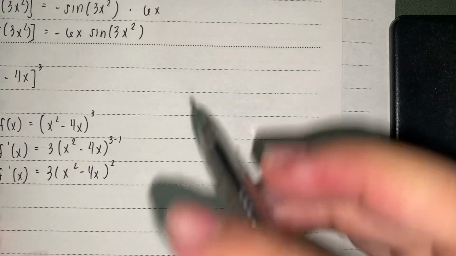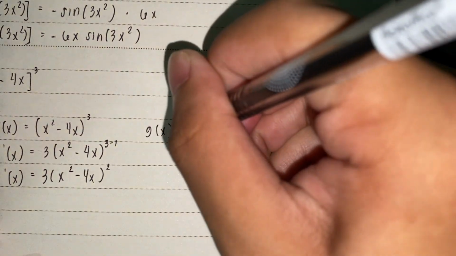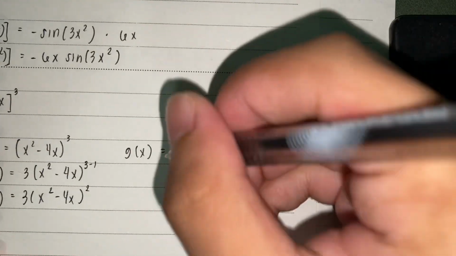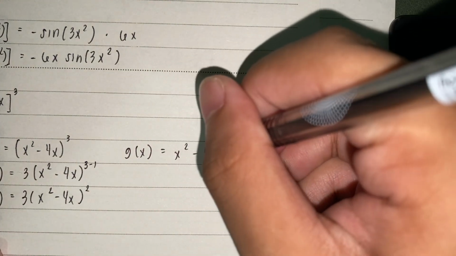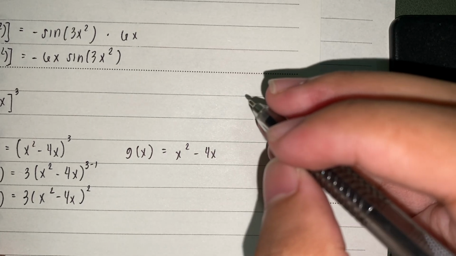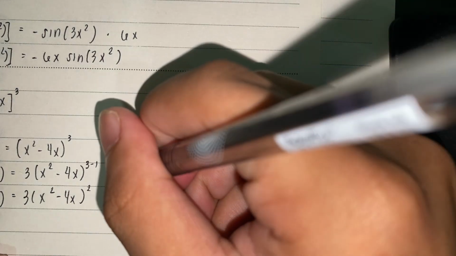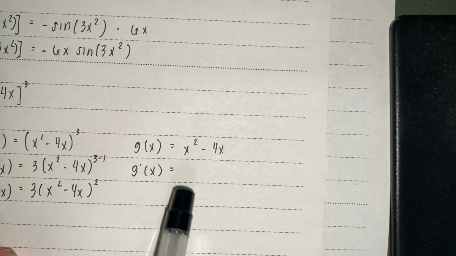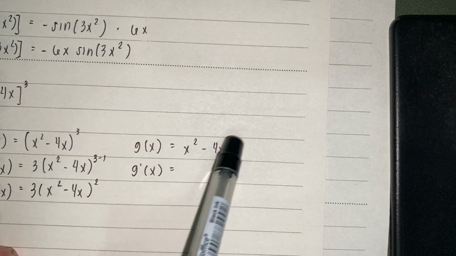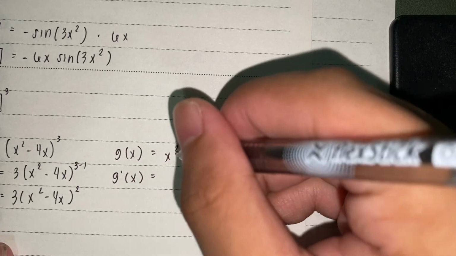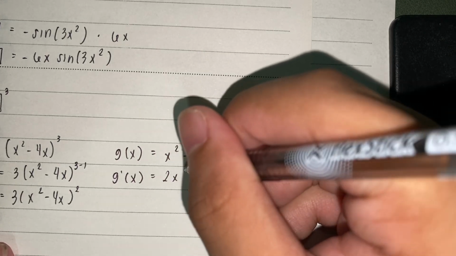Now we're going to find the derivative of our second term, where g of x is going to be equal to the one inside, so this is simply x squared minus 4x. Now we're going to use the sum and difference rule, where we need to find the derivative of each of these terms respectively. So using the power rule, place the exponent in the front, 2x raised to 2 minus 1